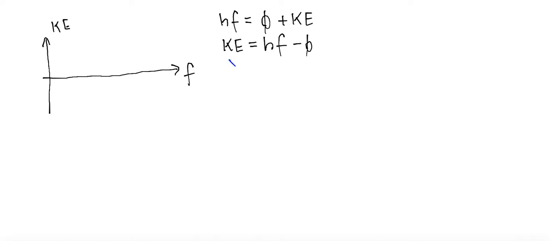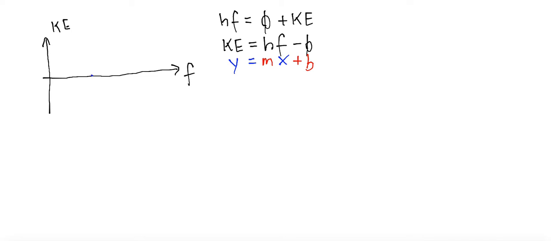So if kinetic energy is on the y-axis and f is on the x-axis, then Planck's constant is given by the gradient, and